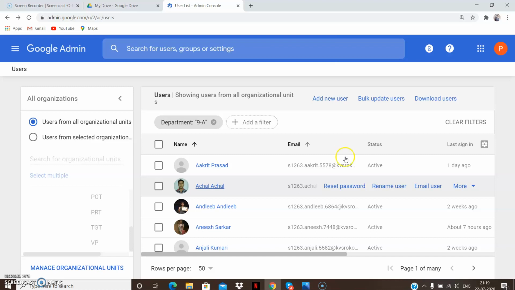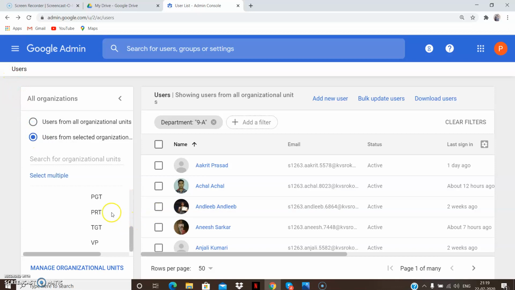So here if you see, you can see this S1263, the S code, name, and then you have admission number and the domain.